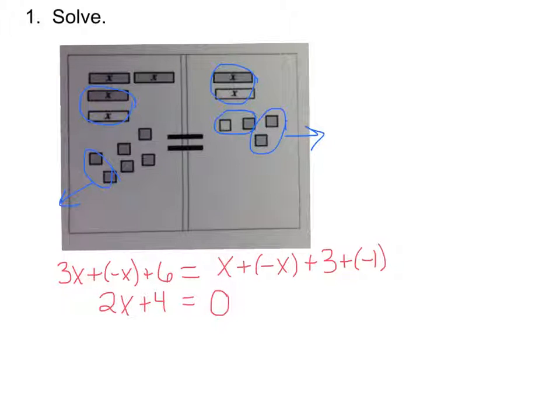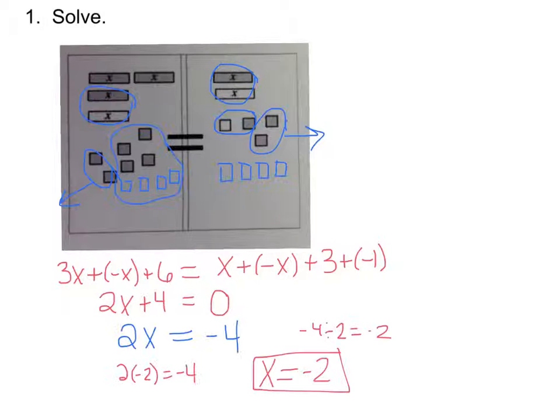Okay, but we didn't finish our steps. Our third step is to try to get x's alone on one side and the 1's on the other. And in order to do that, we're going to use step 4, which is add the same amount of tiles to both sides so that our x's are alone. Our x's are positive, right? So let's keep them where they are, but we need to get rid of these 4 positives. How can we do that? We talked about this in class a little bit yesterday as well. We can add 4 negatives to both sides, right? Because if I add 4 negatives over here,